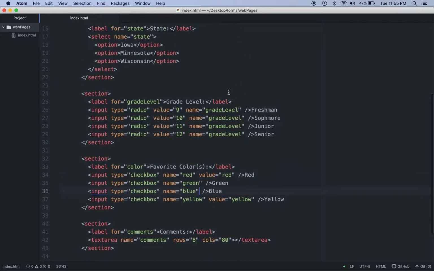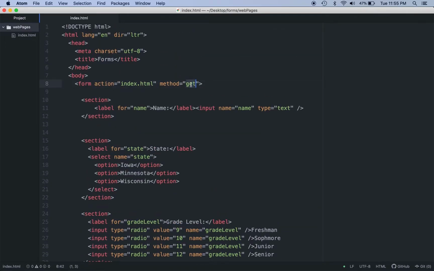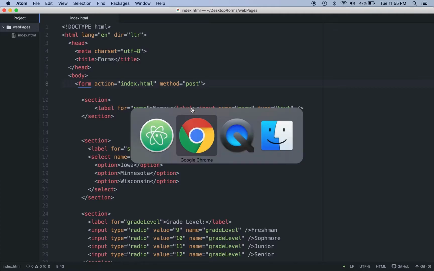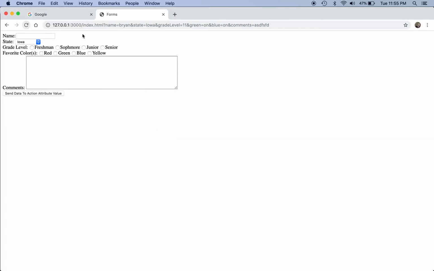Alternatively, we could have had our method, instead of being a get, be a post. And when we make our method a post, that changes things quite a bit. So I'm going to go ahead and bring up the HTML page. Now, since we're sending all of our data via a post, we fill this out, we send it again,